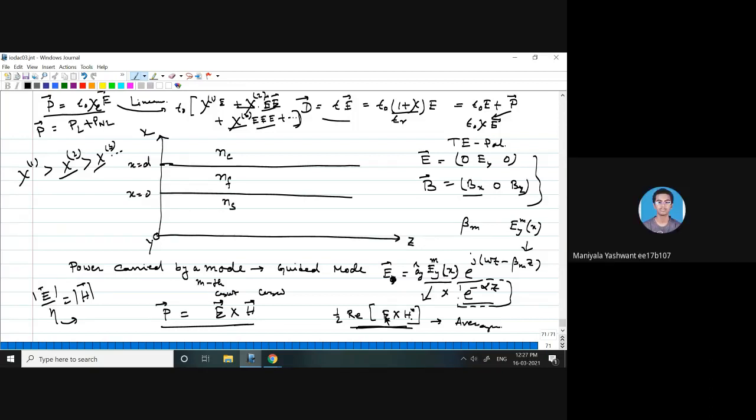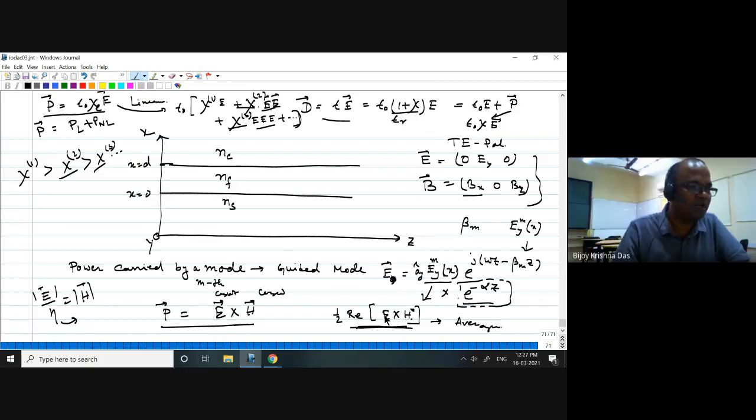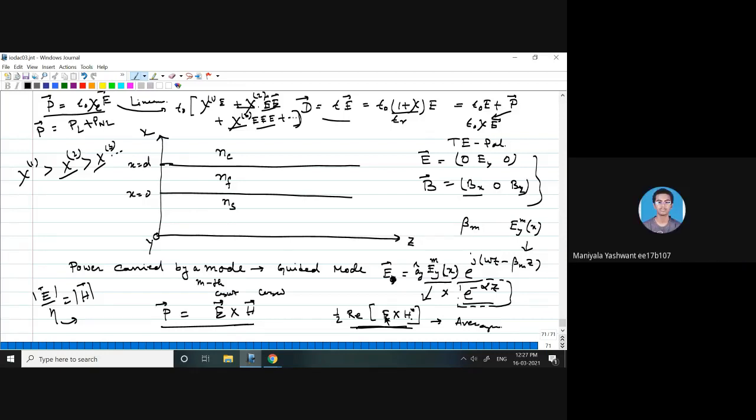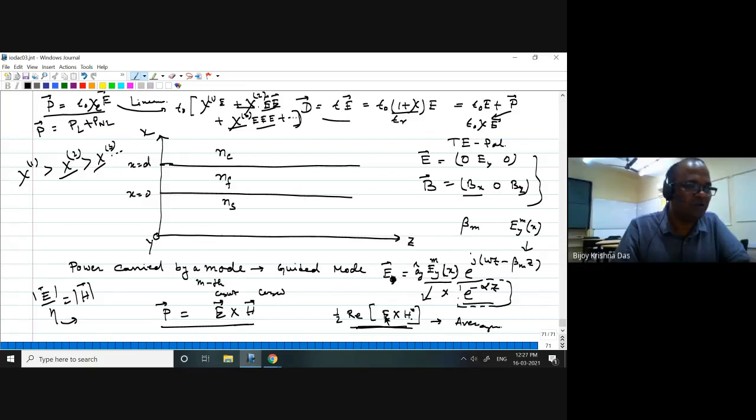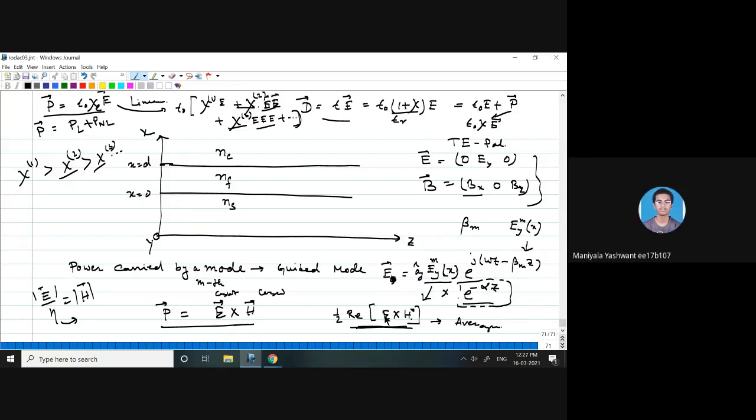Sir, this average power is what we need because whatever devices we have measure only the average power, right? Yes. Why not instantaneous power? Generally, the devices show the average. The device cannot show the instantaneous power. One moment it is one power, the next moment it can be a different power. Why?